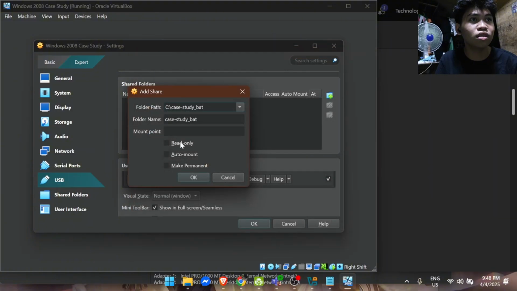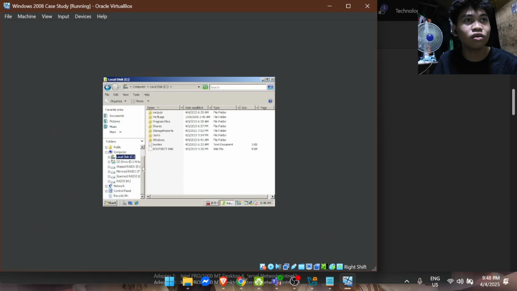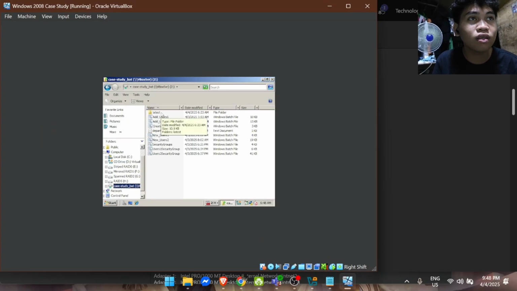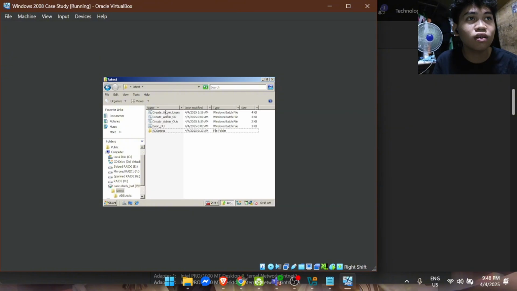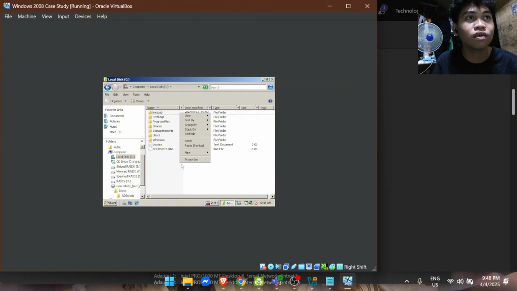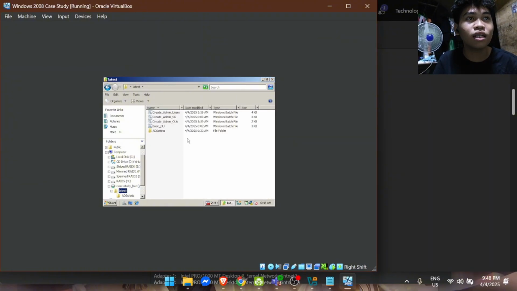Okay. Let's copy this one and add to local disk C. Paste. So again, let's run this bat file.